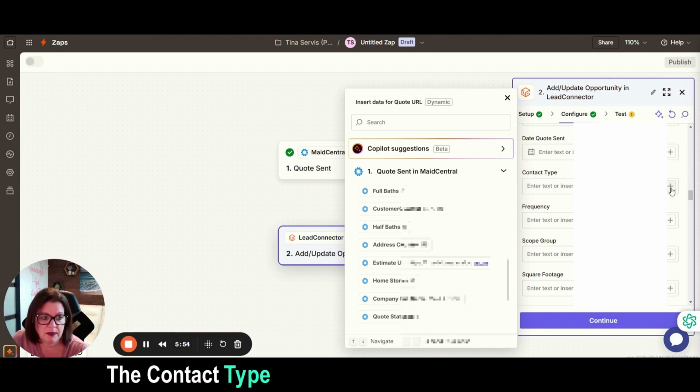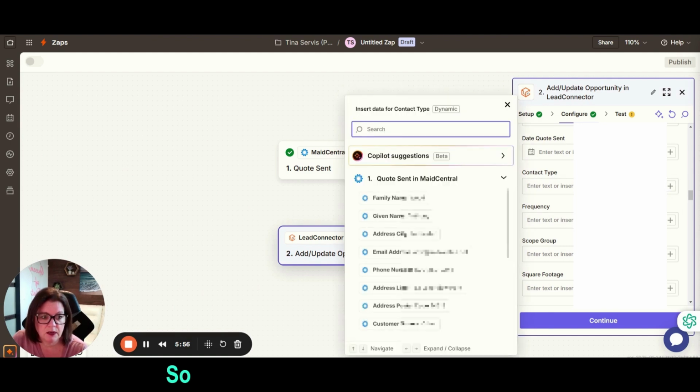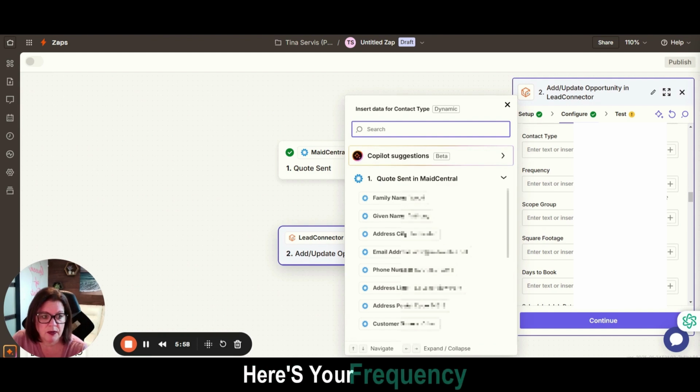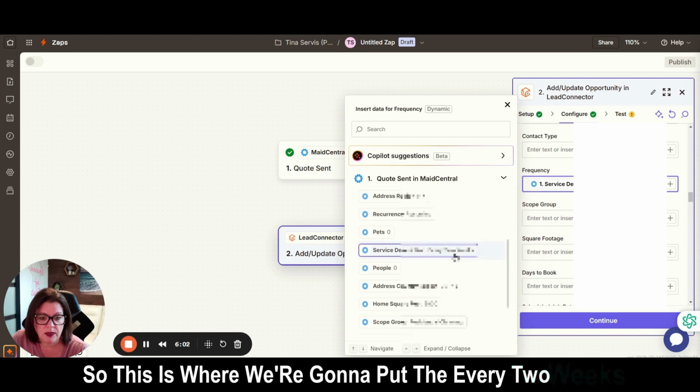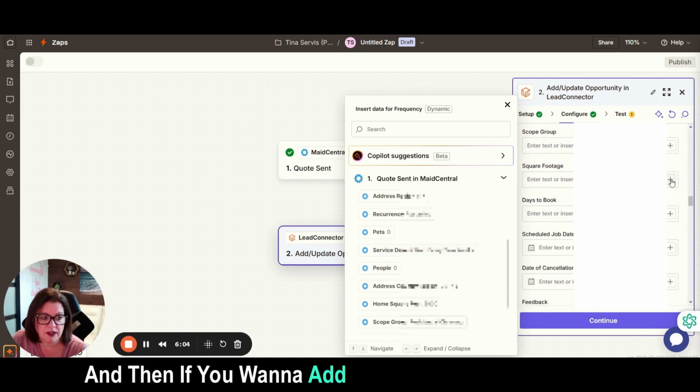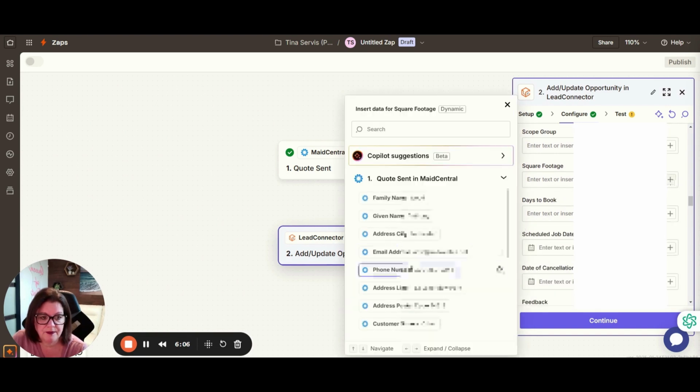The contact type should still be in here as a lead, so we're just going to leave that alone. Here's your frequency, so this is where we're going to put the every 2 weeks. And then if you want to add the square footage in here,